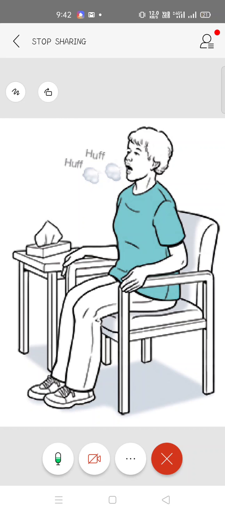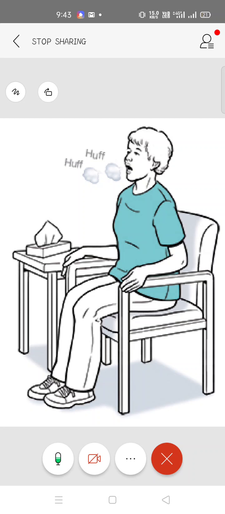Huffing can be done in two ways: the medium volume huff and the high volume huff. The medium volume huff helps to move secretion from the lower portion of your airway, and the high volume huff helps to move secretion from your upper airways. The name itself says it: the high volume huff helps in moving secretion from the upper portion of the airway, and the medium volume huff helps to move secretion lower than that, lower in your airways.